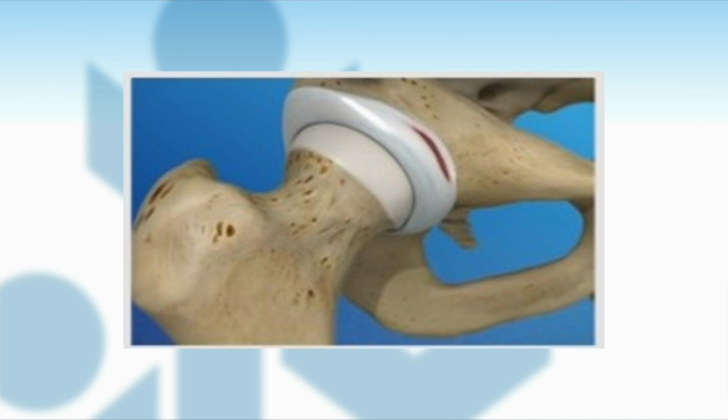Well, now, I said hip labrum. Maybe you should explain what the labrum is in the hip, because that may not mean a lot to a lot of folks. Yeah, a lot of our joints have a labrum, and their functions are different on different joints. The hip is a ball and socket joint, and the function of the labrum is more like a gasket seal. It normalizes the pressure within the hip and allows the hip to move smoothly within that ball and socket. So if it becomes disrupted, the pressure in the hip changes, and that can change the way that the hip moves and how it functions.